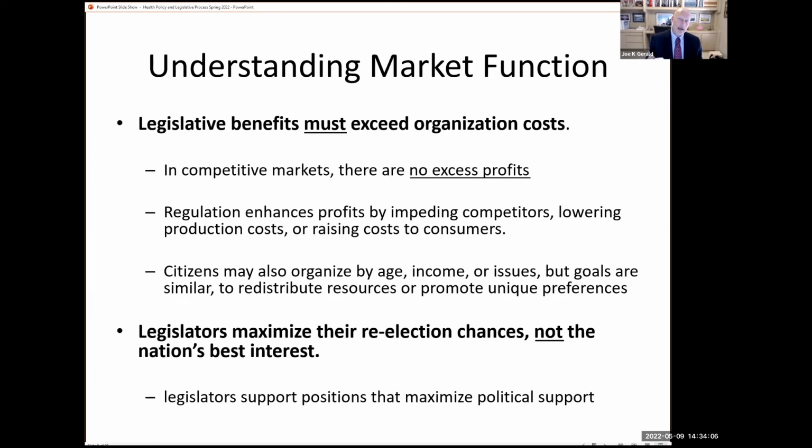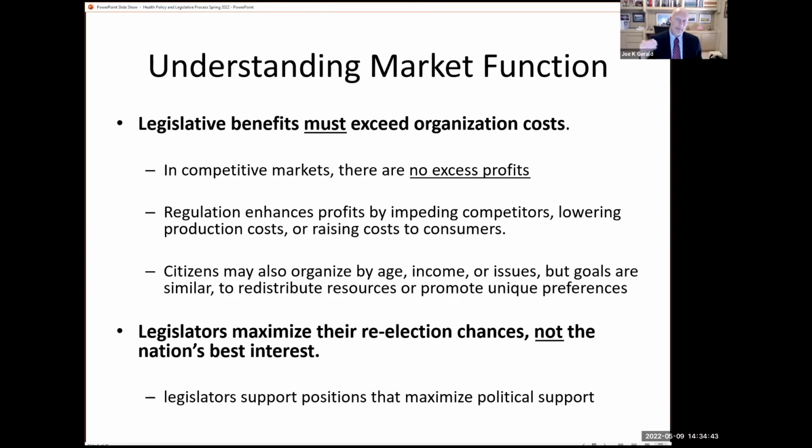You have to recognize that when you go to lobby and convince your elected officials to do something good, you have to view and frame your ask or your needed policy change through the lens of how it has to enhance somehow your elected officials' opportunity to be reelected. If you bring them a big stinky thing that's going to go over like a lead balloon and harm their reelection chances, they're probably not going to be very supportive.